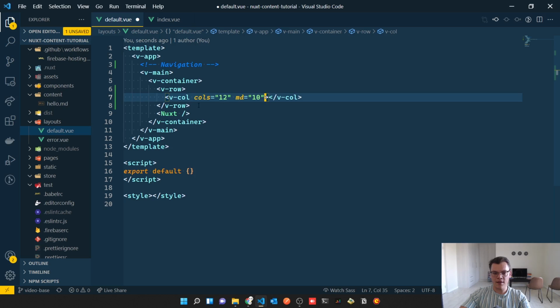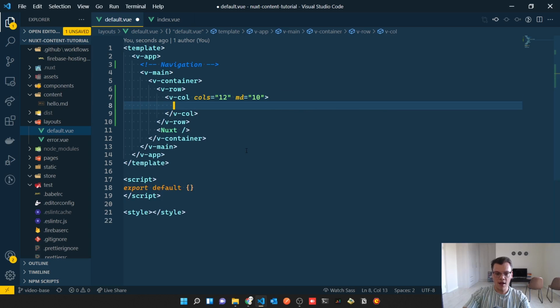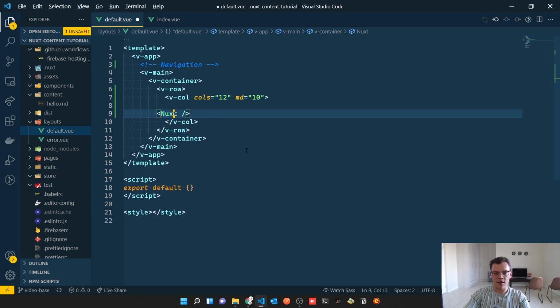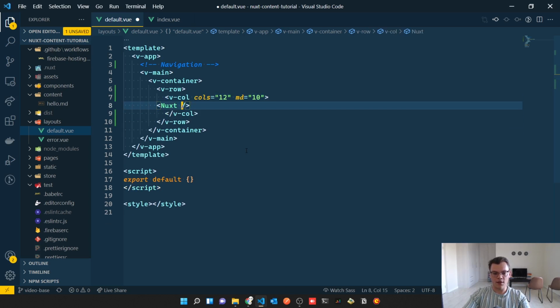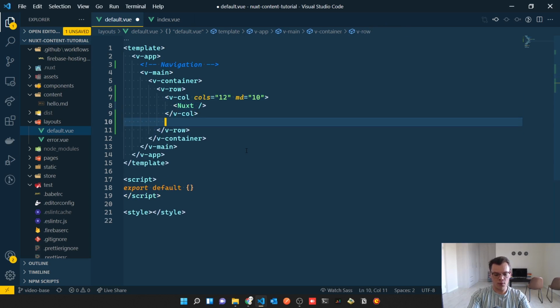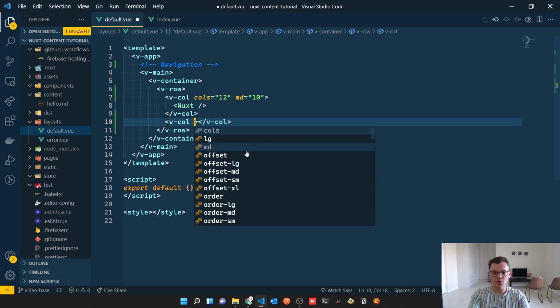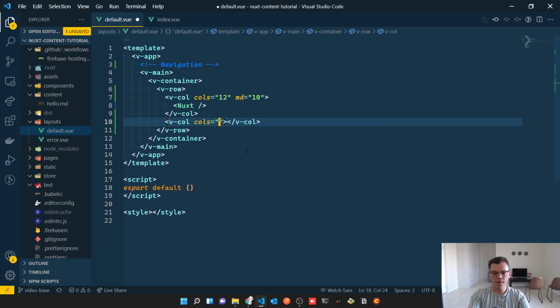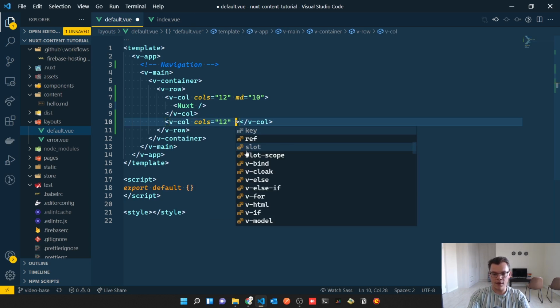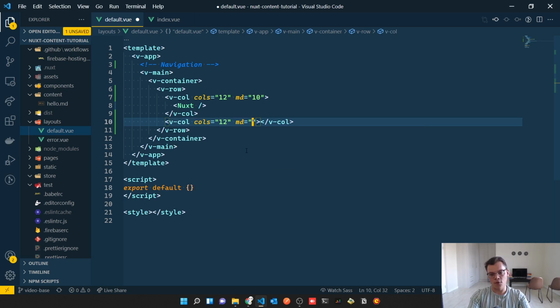So what this is saying, columns 12 means that initially any screen size below small, it's going to be 12 columns, and as soon as it reaches medium, then it's going to go to 10 columns. And then we'll put our Nuxt tag inside of that, and I'll explain why in a second. And then for the column after that, we're going to say v-col, and the columns for this would be 12 as well, and in medium, or from medium and up,